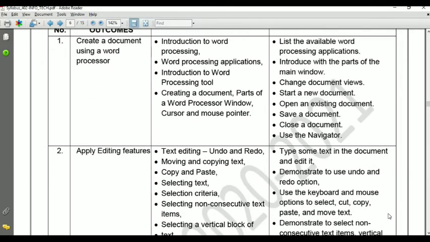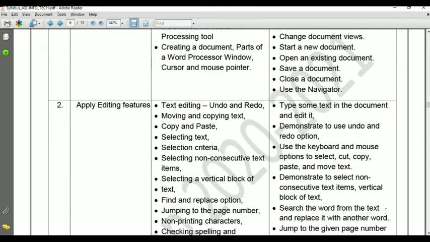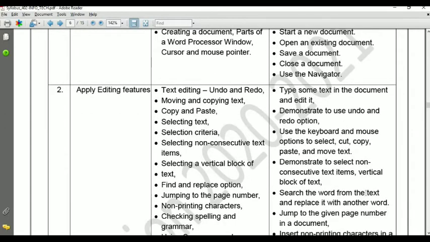Today I am going to start session number 2, applying editing features. In that we have to cover many topics like text editing, undo, redo, moving and copying text. Moving and copying means cut and paste.